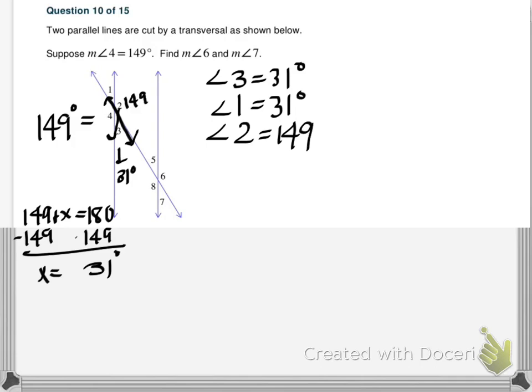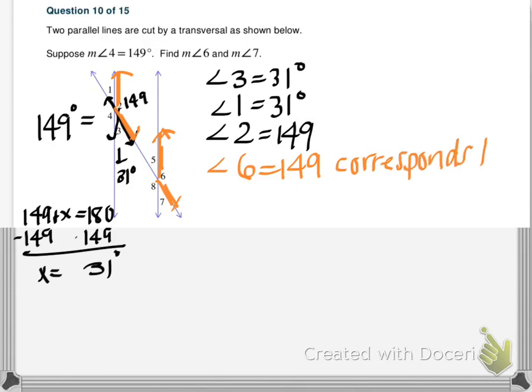Alright, so let's take a look here at angle 6. Angle 6, if we want to talk about corresponding angles, which is what we just reviewed in the previous video, look at angle 2. Now look at angle 6. Are those two angles in the same position? Yes, they're corresponding. So if angle 2 is 149, the measure of angle 6 is 149 because it corresponds to angle 2. Alright, so if I know that angle 2 and angle 6 are corresponding, so they're congruent,